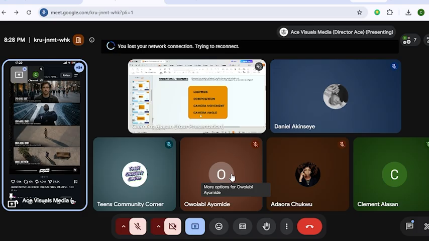But if I'm shorter than someone, let's take for example now, Daniel is shorter than Ada. Daniel will have to be looking up to see Ada. I don't know if you understand me. So Daniel looking up to see Ada. Sorry, Daniel, sorry that I'm using you. Or no, let me use the first one. Low angle. Ada looking down to see Daniel. Adaora looking down to see Daniel. Is that low angle shot? You can see that the man is looking down.